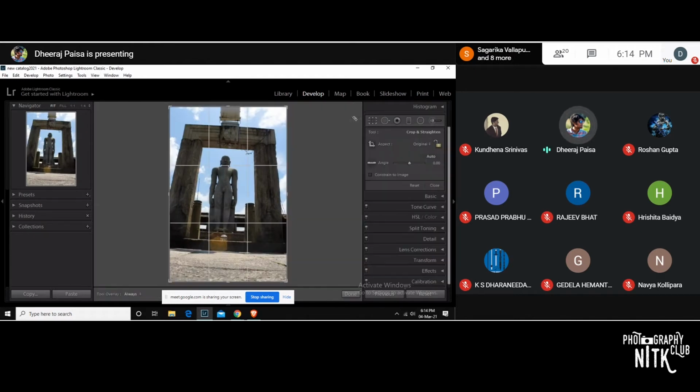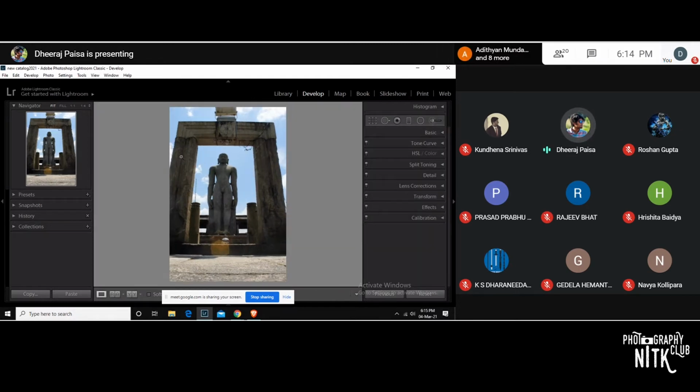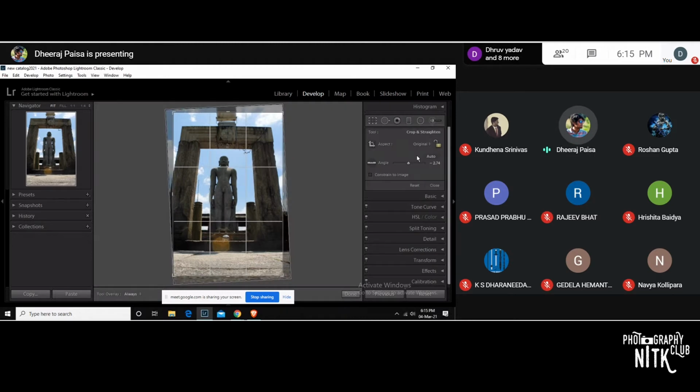This is the second picture. Here also the image is a little bit tilted, so I'll do it automatically. It does very good work, but you see there is no symmetry. Here you find a lot of space, but here there is no space. So we'll try doing it manually.